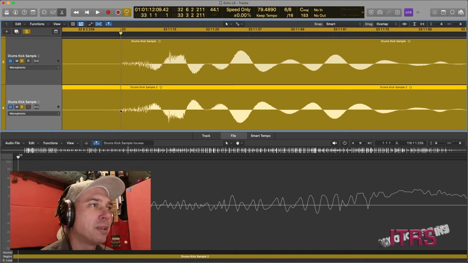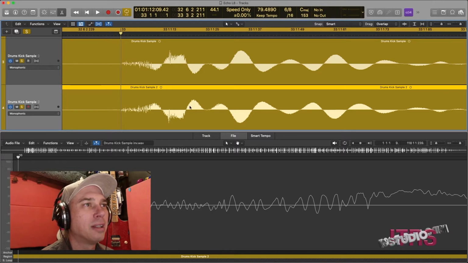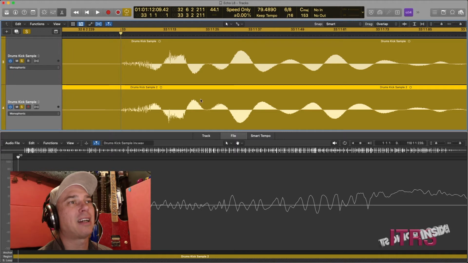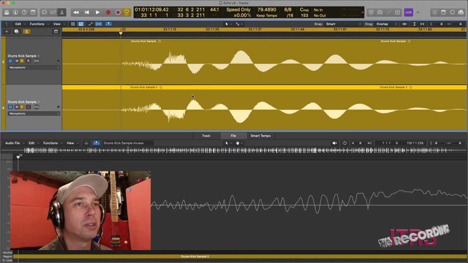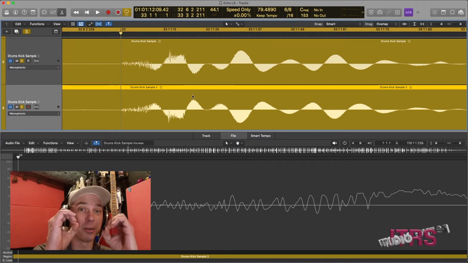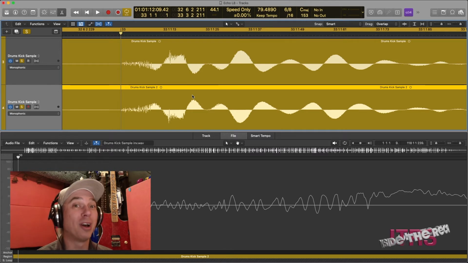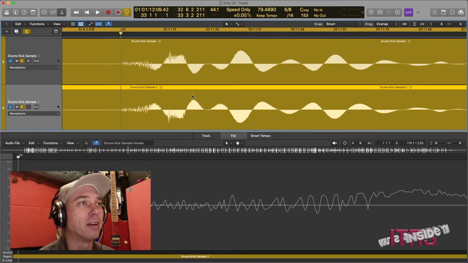And on the bottom one, it starts off here and then it goes up and then down and then up and up and down. And they're doing it in literally the exact opposite formation of each other, which is why we're getting zero sound. That is pretty much 100% phase cancellation right there, which is why we're not hearing this kick